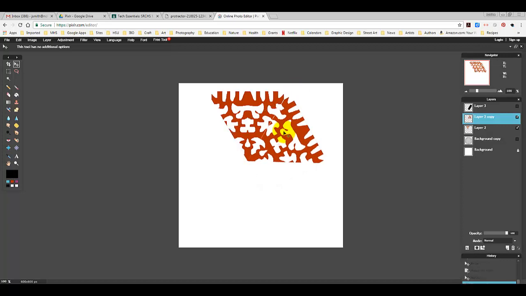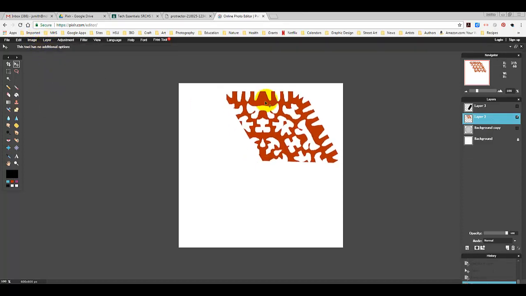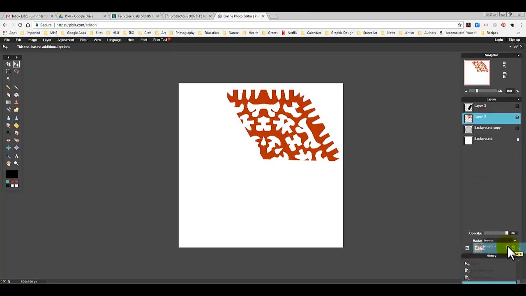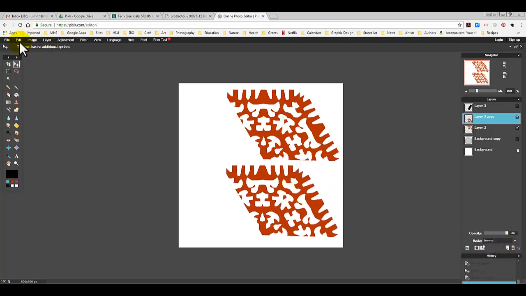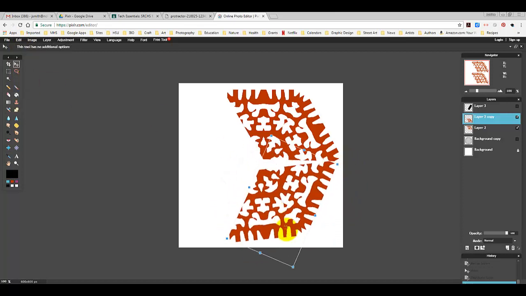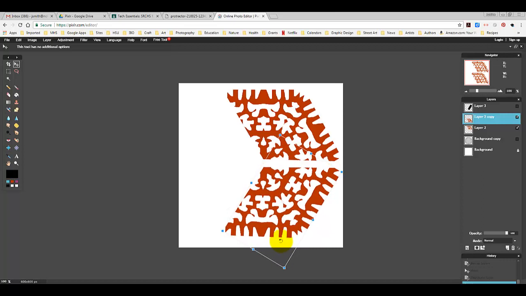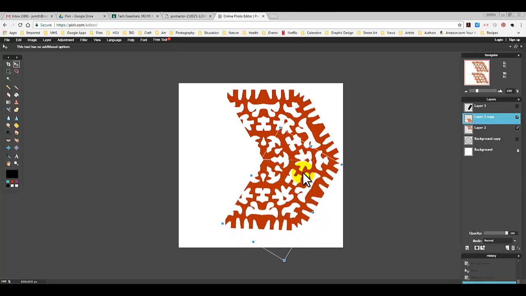And I'll hit Enter on the keyboard and then match it up just a little bit more. I think that looks good. All right, so I'm going to merge those two layers together. Layer, merge down, and now I'm going to kind of place it here on the side. Make a copy, click it and drag it to the New Layer button, drag that layer down, Edit, Free Transform, and I will rotate this and eyeball it, move it on up there,